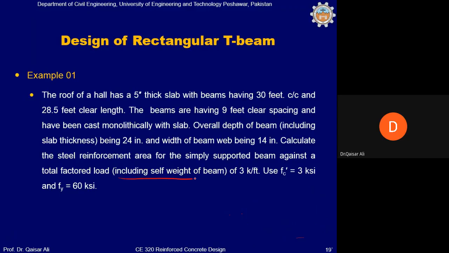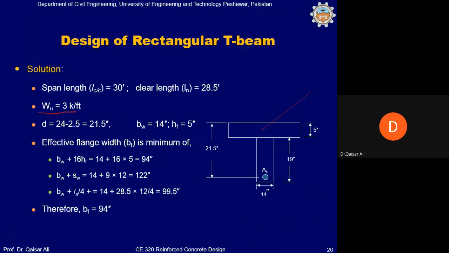Including self weight of the beam against a total factored load of 3 kg per foot. इसका मतलब है कि सेल्फ वेट इसमें शामिल है ताकि आपके लिए ये प्रॉब्लम आसान हो जाए। तो उसके लिए लिखा है कि सेल्फ वेट ऑफ द बीम इसमें इंक्लूडेड है, और WU एक्चुअली 3 kg पर फुट है। इसमें सेल्फ वेट आपने शामिल नहीं करना। और टोटल डेप्थ ऑफ द बीम 24 इंच है, इधर से लेकर इधर तक, टोटल।